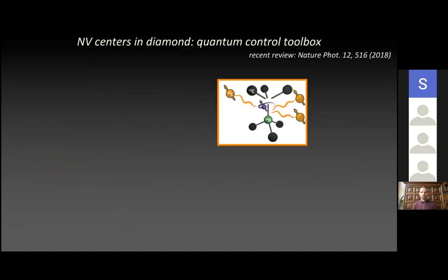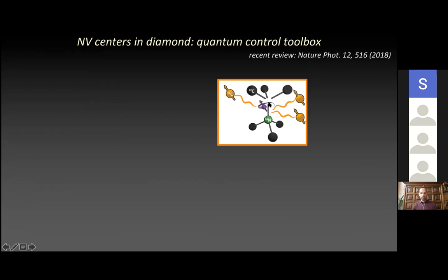What is an NV Center? An NV Center is a defect center in diamond. As you know, diamond in its purest form only has carbon atoms. These are depicted black here. Sometimes there is a nitrogen substitutional to a carbon, and sometimes the carbon that should be next to this nitrogen is missing. It's the vacancy. So if you have the nitrogen and the missing carbon, you have an NV center.